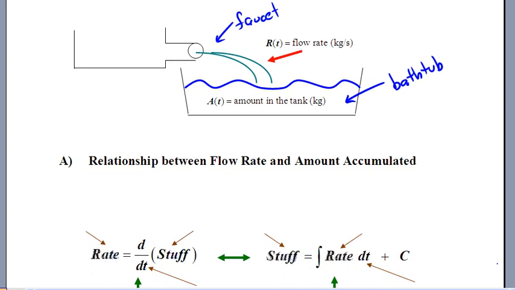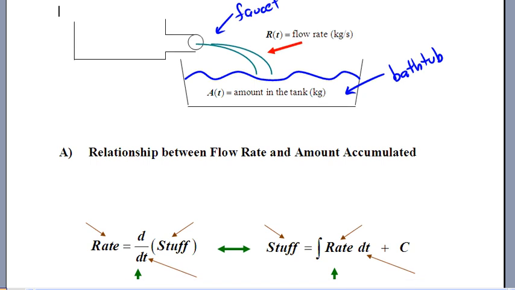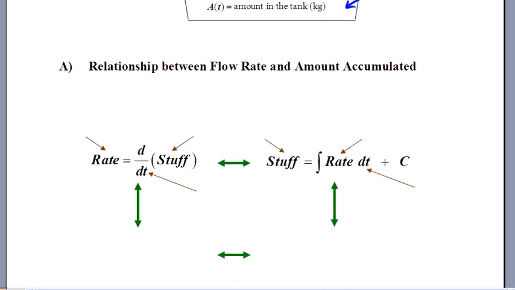And those two ideas, the flow rate R and the amount of water in the bathtub, they're just tied together with derivatives and integrals. The rate is all about the speed that you're getting water into the bathtub. This is how much you've opened the faucet up. This is your kilograms per second. And that rate is really just the derivative of how much stuff is in your bathtub. So you might be measuring how much water is in there in kilograms. And if we were to do a time derivative in seconds,